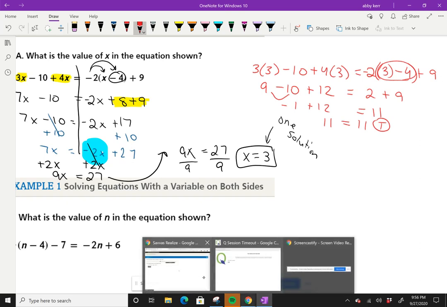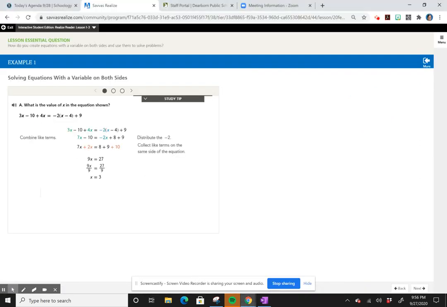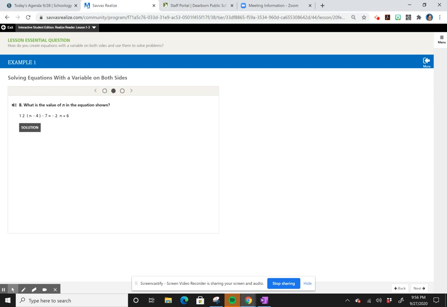Now, if you go back to the Envision, they may show you a different way. They distributed the negative 2 rather. They combined like terms, and then they divided. So that's how they showed that work. Now for part B,